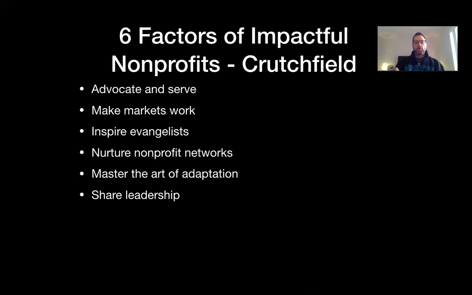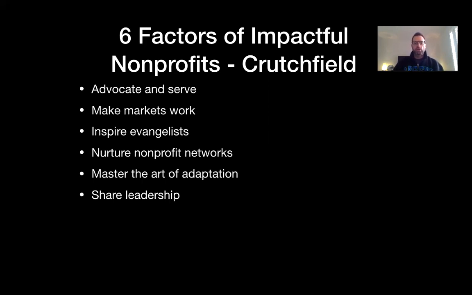Impactful nonprofits master the art of adaptation. This is so critical. Impactful nonprofits are able to adapt as society changes. They're able to see something that's happening and then it moves maybe in a different direction or goes in a different course. And impactful nonprofits are able to adapt. I call it agility. Nonprofit work is all about agility, man, because it changes, and regulations change and laws change and finances change and the culture changes, whatever might change, governments change. You've got to be agile. You've got to be able to adapt to that change probably more readily than profit work has to do.